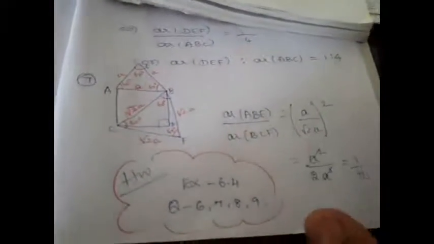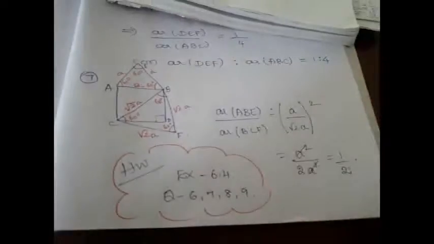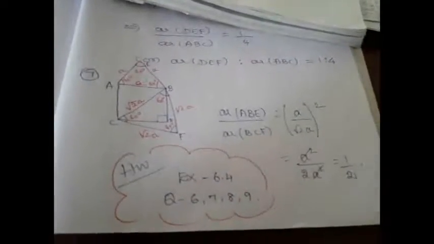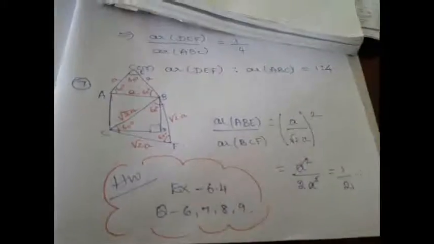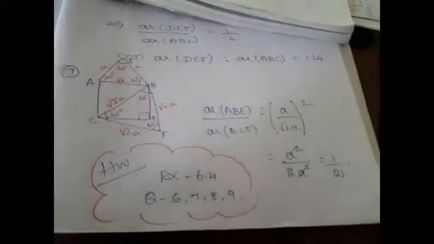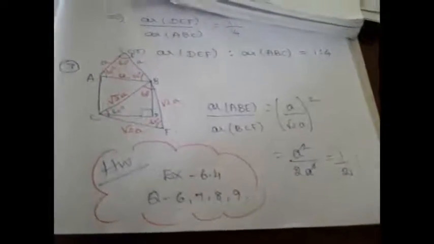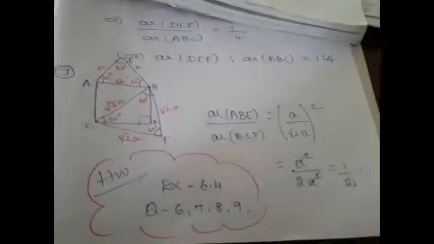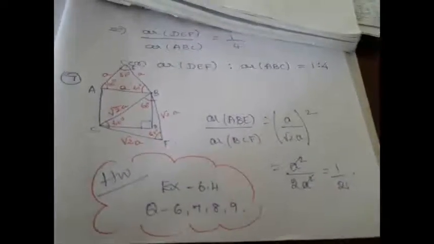So with this, let us wind up today's class. Homework is exercise 6.4, question numbers 6, 7, 8, 9. You do it as homework, right? And 8 and 9 can also be easily arrived at. So I am leaving it to you. So try solving it. Don't simply copy down whatever I am explaining here. I want you to try. That's why I am leaving these problems. And I have given you all the clues to solve them. 8 and 9 are also easy. So try it. But if you don't get it, kindly don't hesitate to ask me.